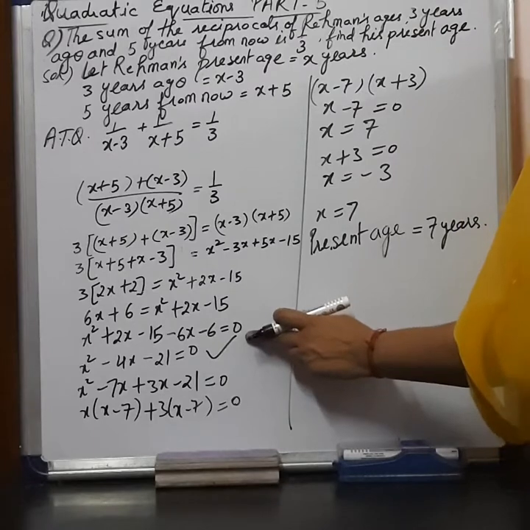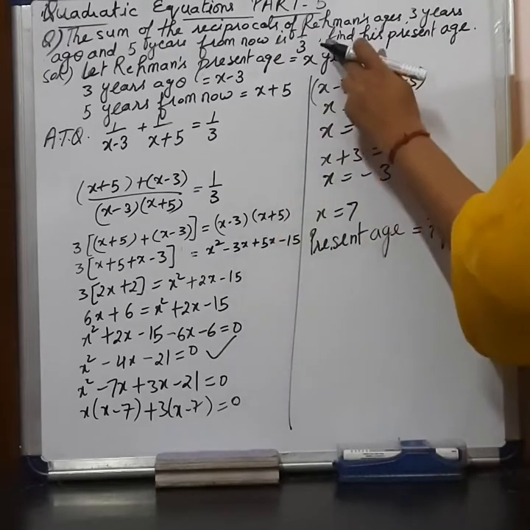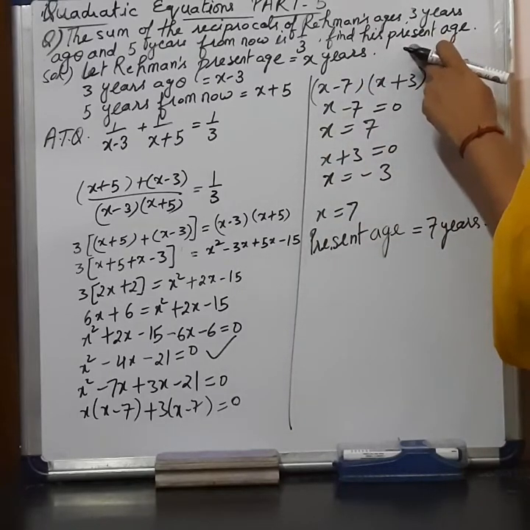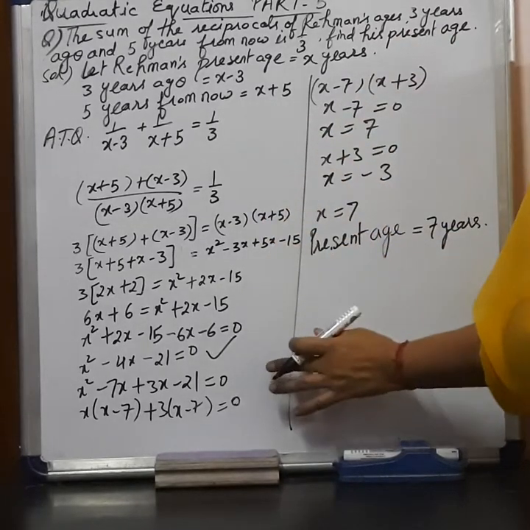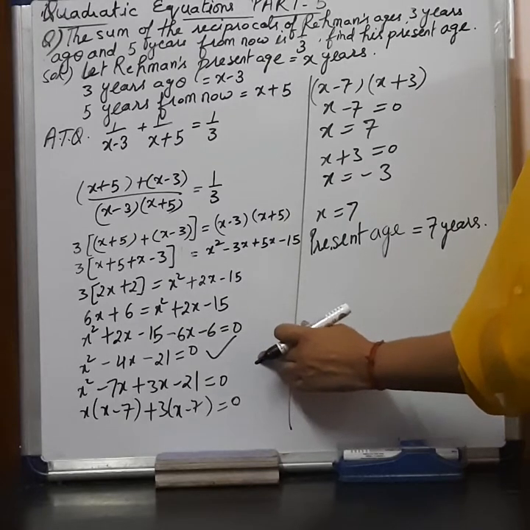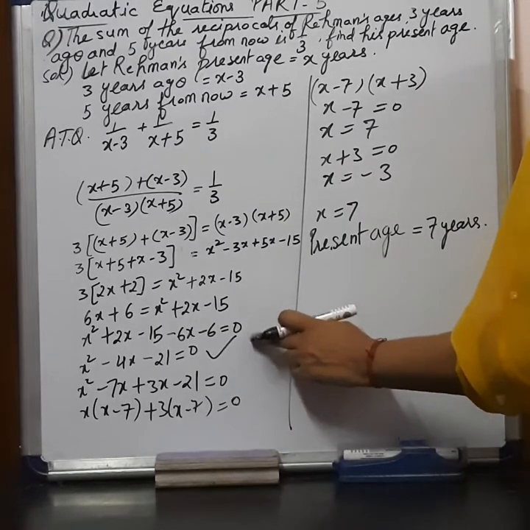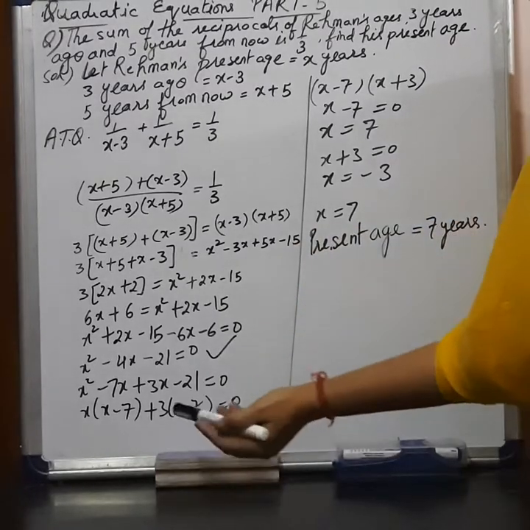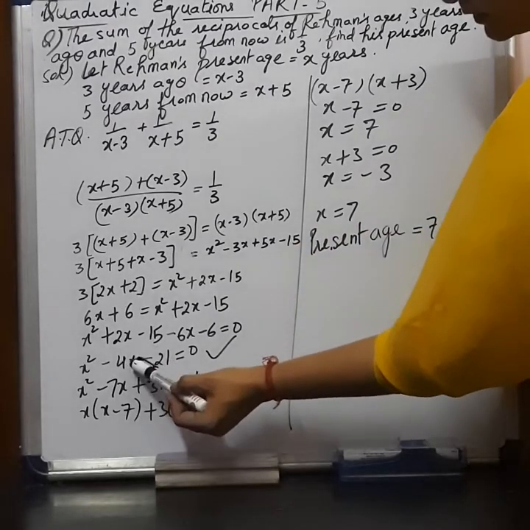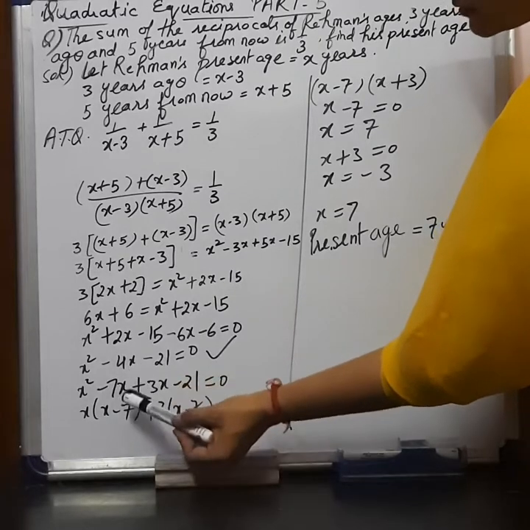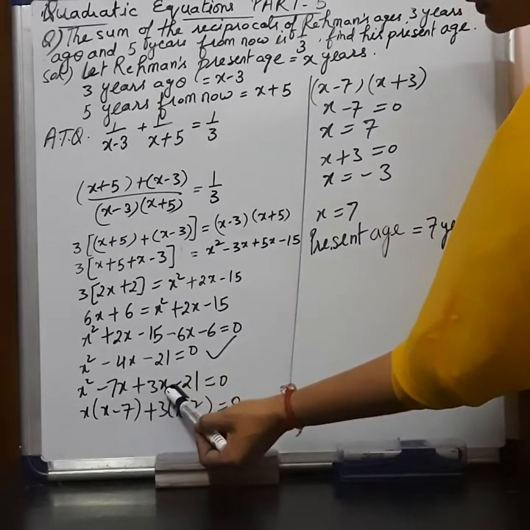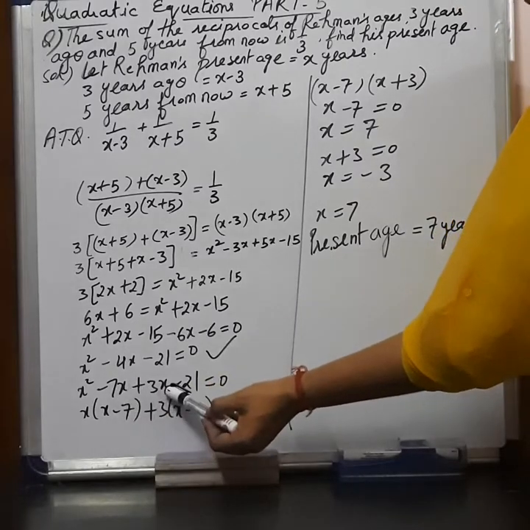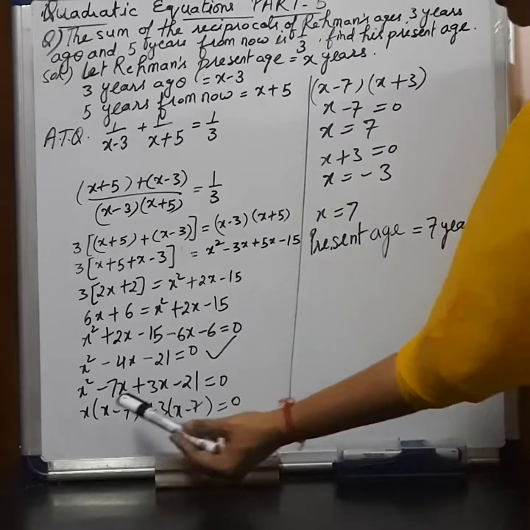Now you will find out the roots. Here we do not have any condition that you have to factorize it or apply the quadratic formula. Whatever is feasible for you, you can apply that method. Here we will factorize it to find out the roots. So for 21, the middle term is minus 4x, we can write it as minus 7x plus 3x. Minus 7 plus 3 is minus 4. So we have taken minus 7 and plus 3, minus 21 is equal to 0.